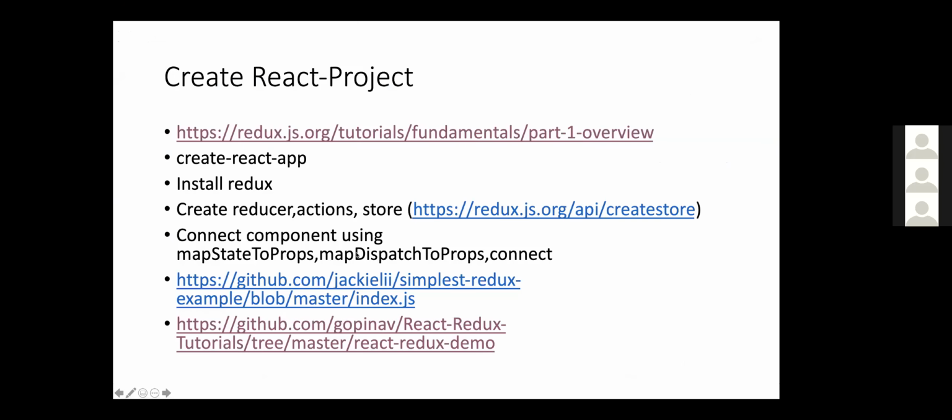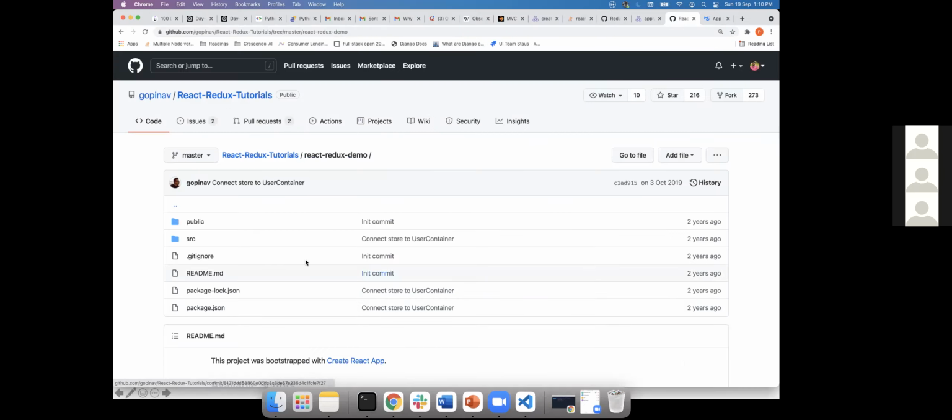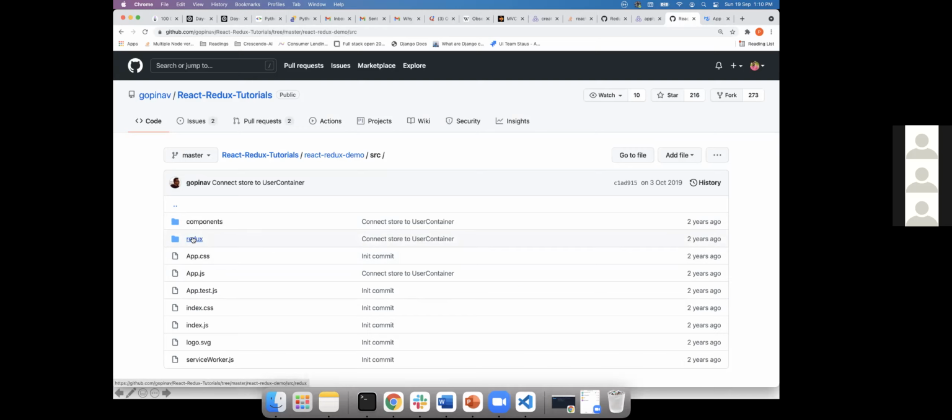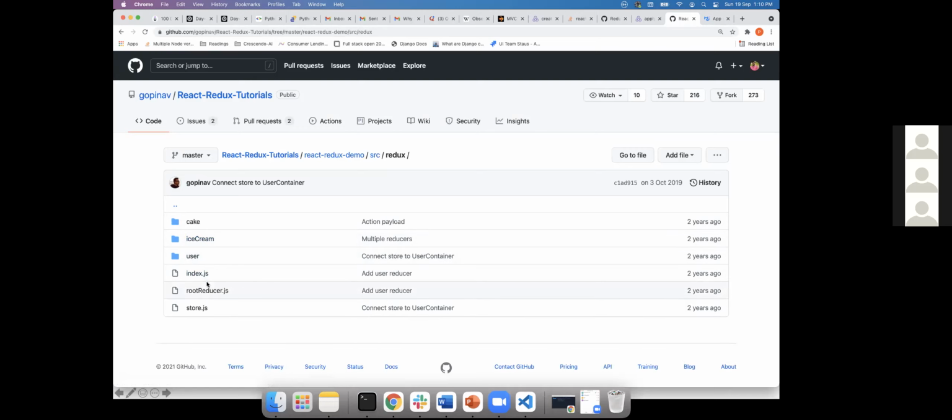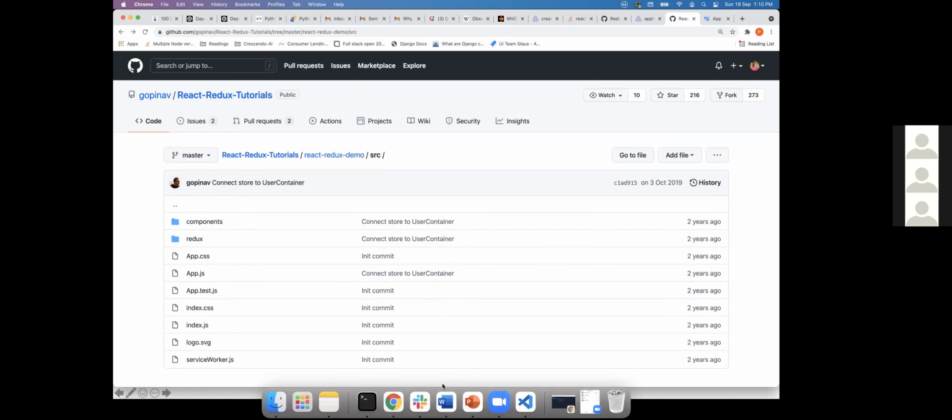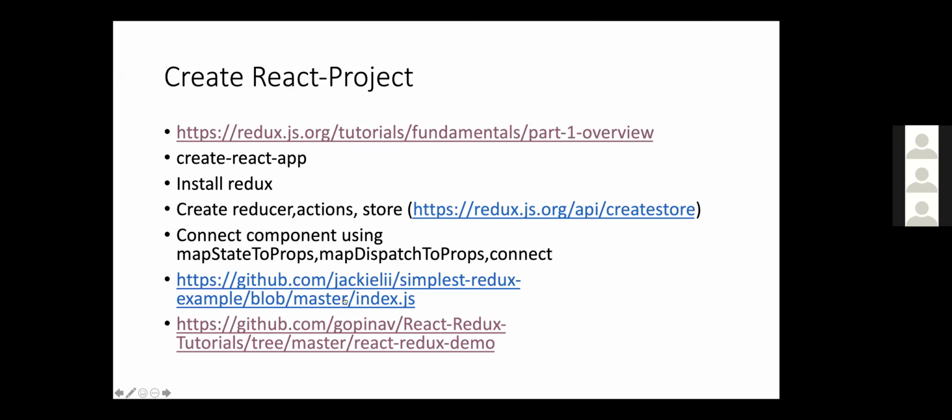So go to the previous topic. You said you are mapping state to the props, right? So how do you do that for the class-based components? Again, the same. There is no fundamental difference. The difference is that instead of props, you use this.props, right? That's it. Only the keyword matters.